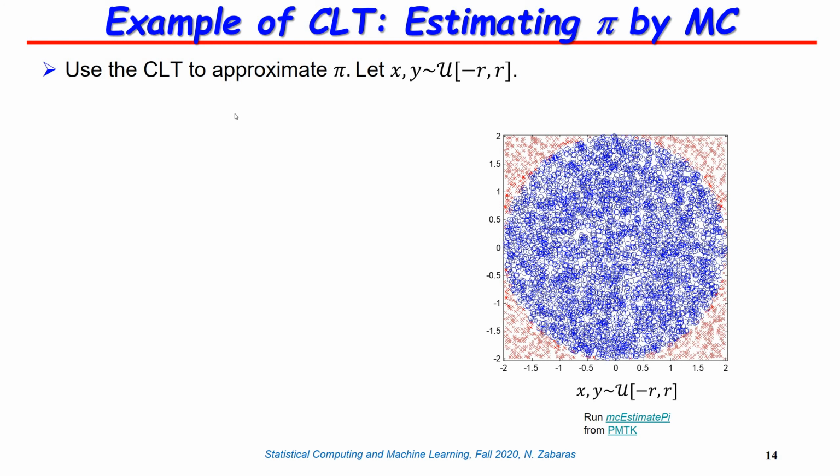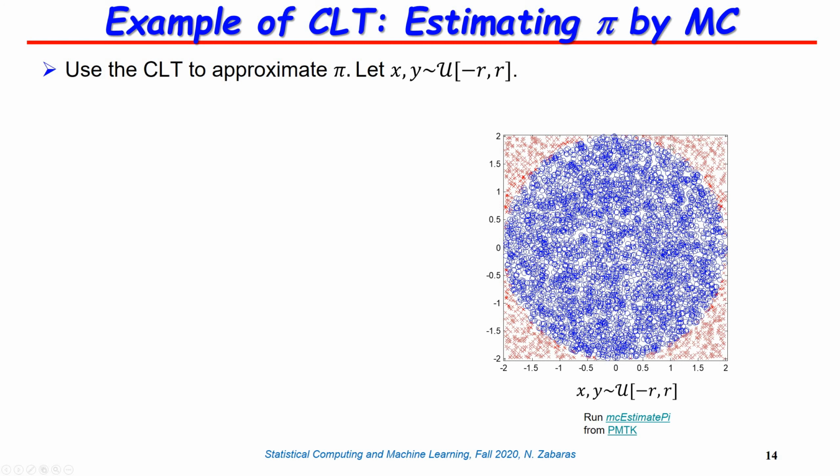So let's set a framework where we'll be able to do such a thing. What you see here is a square from -2 to 2 and -2 to 2. And just to generalize things, I am using r equal to 2, right? So I am going to take two random variables x and y that are sampled uniformly in this square from -2 to 2 and -2 to 2. All right, so r is equal to 2 in this particular example. And obviously you see there is a circle here, and that circle has a radius equal to 2.